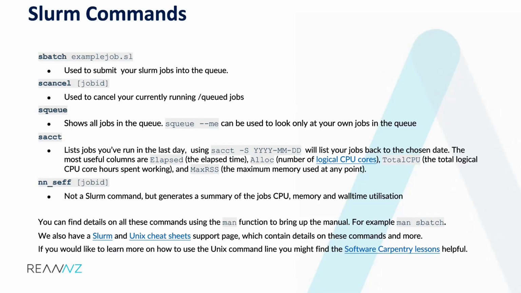If you're interested in a more in-depth explanation of what logical CPUs are and how they're different from the physical CPUs, you can check out our simultaneous multi-threading support page linked on the slide. But all you really need to know is that often CPUs will be referring to logical CPUs instead of physical. So that will be double the actual